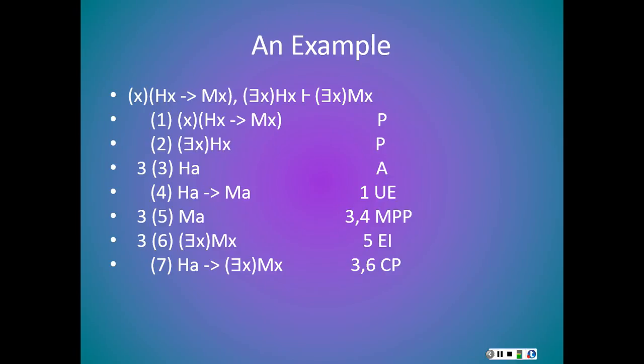I need to make sure that that sentence does not contain the name A or depend on any assumptions that contain the name A. I look at line 2 and see that that is in fact the case, so all my provisos are met, and I can apply the rule of existential elimination to lines 2 and 7 to get